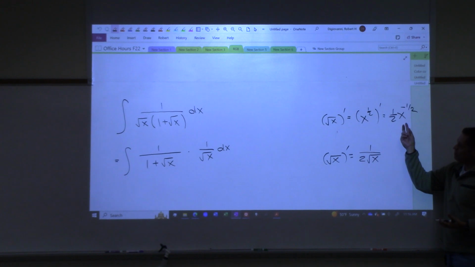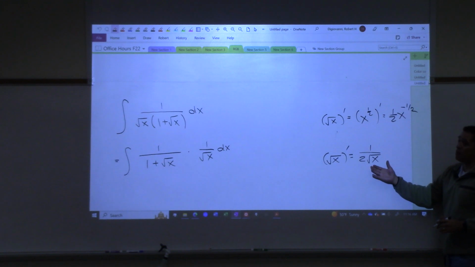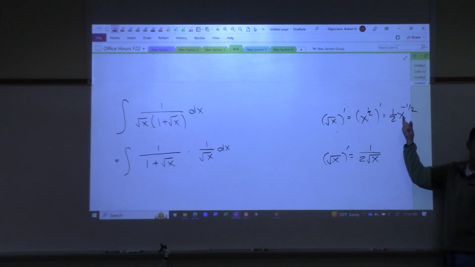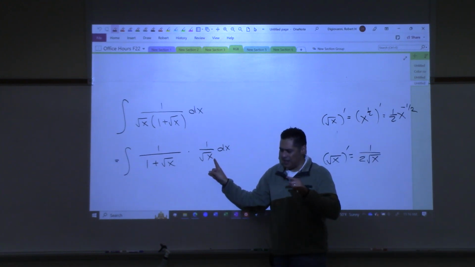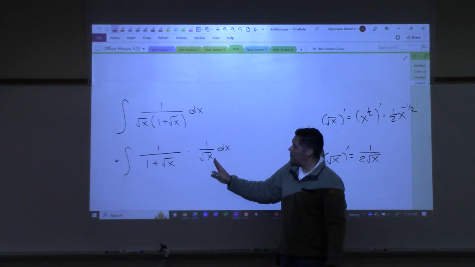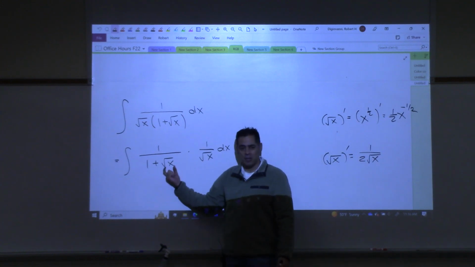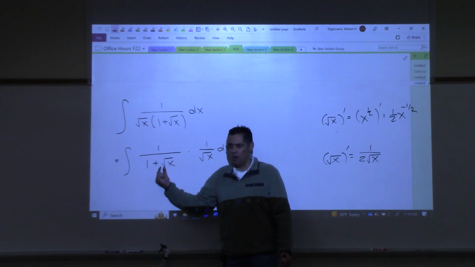It drives me crazy. All right, this is the way it should be. I mean, not that it's wrong, it's right, but this is the way we see it in Cal 2. We see it in this form, and so it's easier to go backwards if we're used to seeing this than it is here. You know what I mean? So we need to see that this is, in some sense, the derivative of the square root of x. We need to see that. And if that's the derivative of the square root of x, then it makes perfect sense to let that be u, right? But more than that, it makes more sense to let that be u, the 1 plus the root